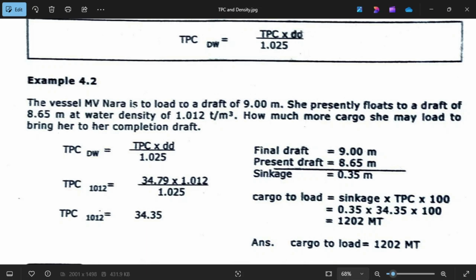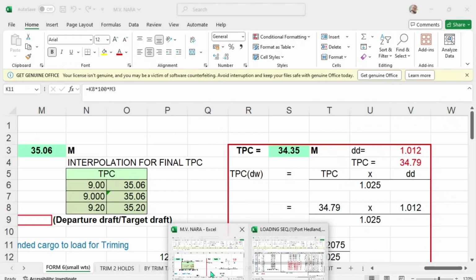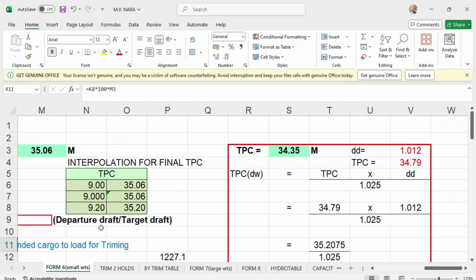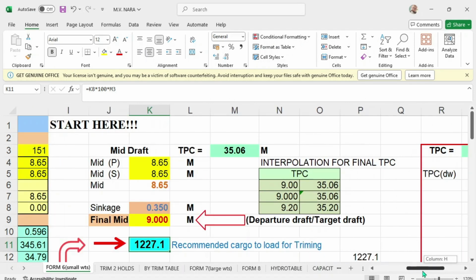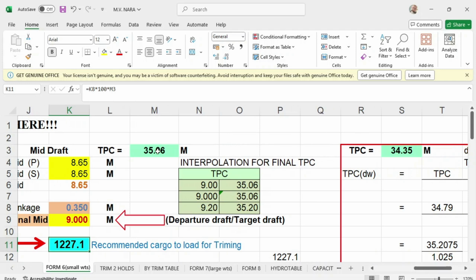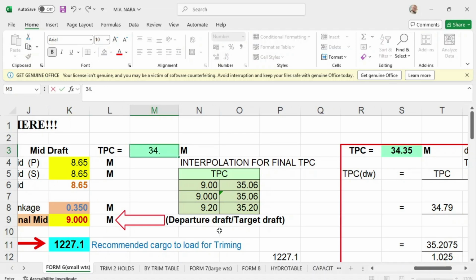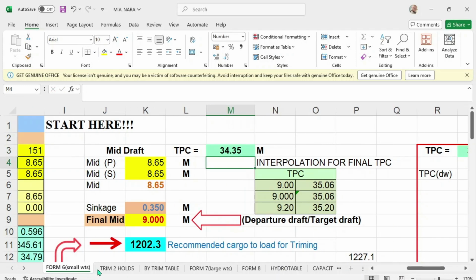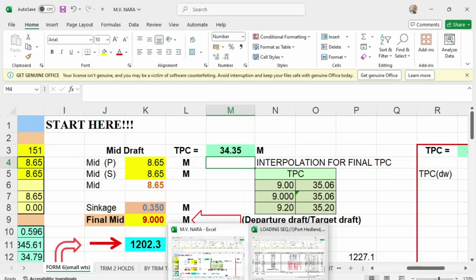So let's go back to the program. And then we'll apply this TPC. So for example, we apply this TPC of 34.35, and the remaining cargo to load is 1202.3, which is this one, guys.